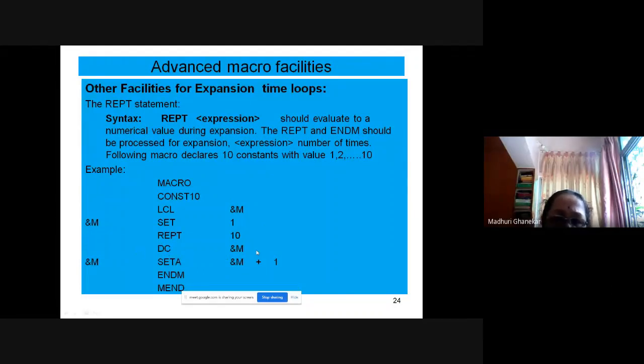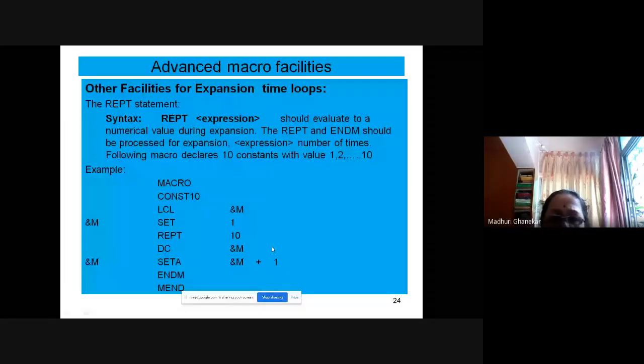Only the assembly statement will appear in the expansion. So every time it will have declare constant 1, declare constant 2, declare constant 3, and so forth. 10 times it will appear in the expansion, declaring those 10 constants. I think it is clear.